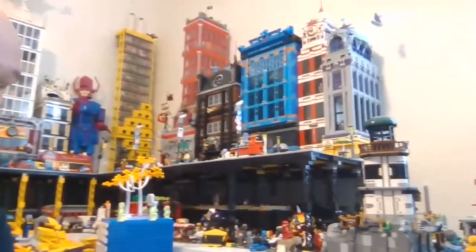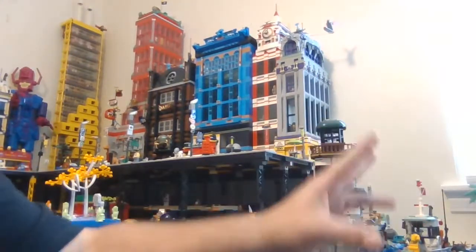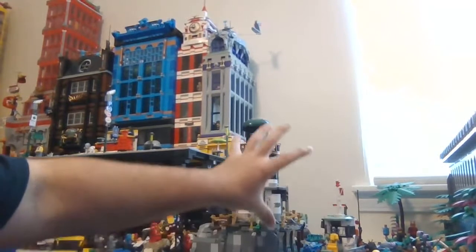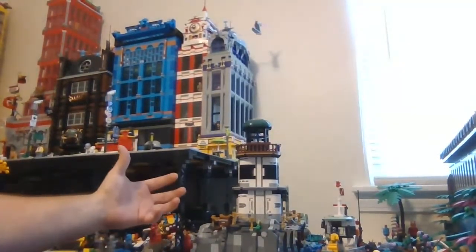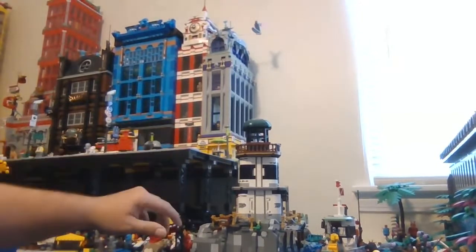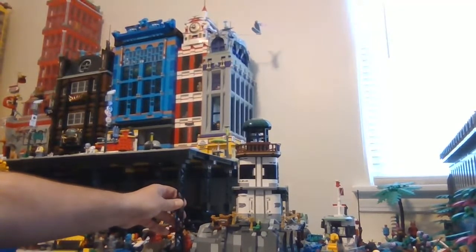So what I've got to develop in here, and you can kind of see the lighthouse is just kind of thrown in here. Wayne Manor is moved back over that side out of the way a little bit so I can develop this. I need to bring it over at least one more base plate, right? And so I got to make this structure that I have in here, this lattice work of Technic bricks. And then support it with some extra bricks there just so I can have the base plates on top and they'll slide easily. And then I need to get more support beams, probably about 10 more, just to make another